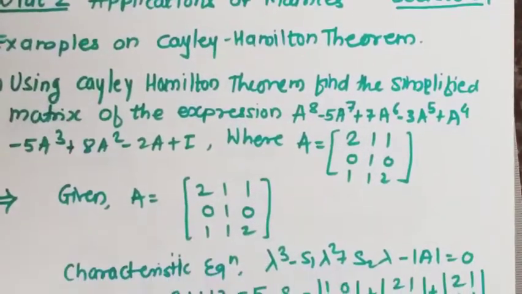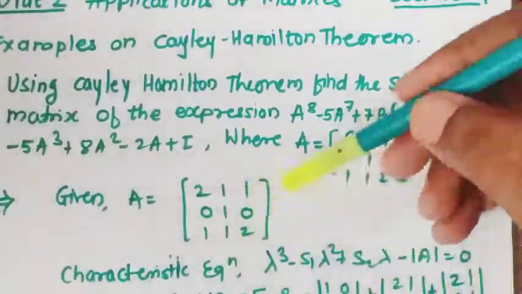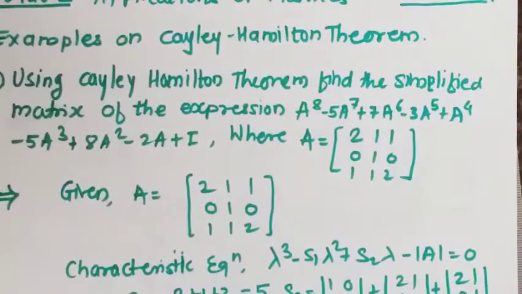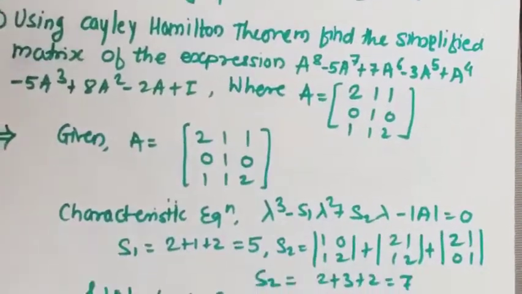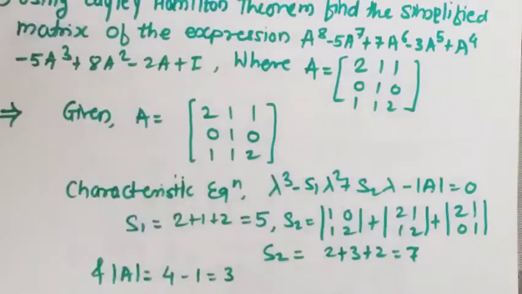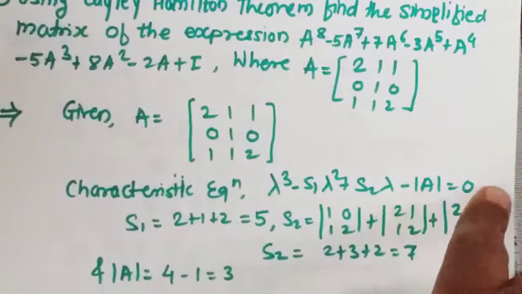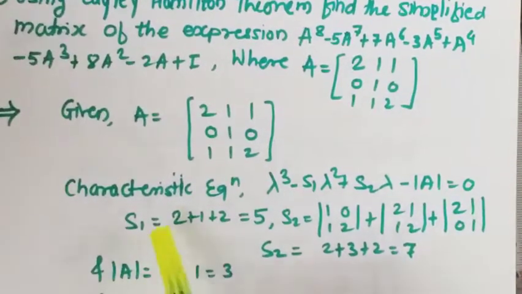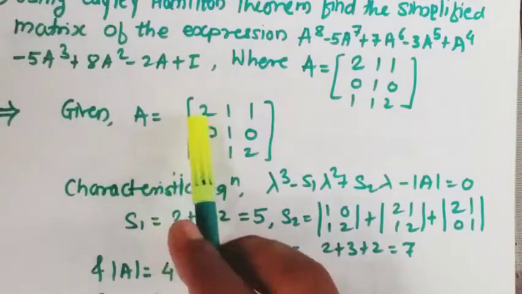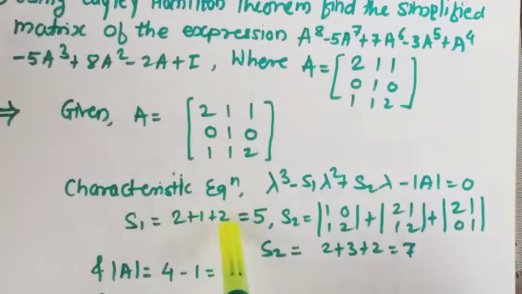So very first I have written the given matrix A. Now it is a 3 by 3 matrix, so we have a shortcut method to calculate the characteristic equation of a 3 by 3 matrix. The formula is lambda cube minus s1 lambda square plus s2 times lambda minus determinant of A equal to 0, where s1 is the trace of the matrix, which is the sum of the diagonal entries, hence it is 2 plus 1 plus 2 equal to 5,